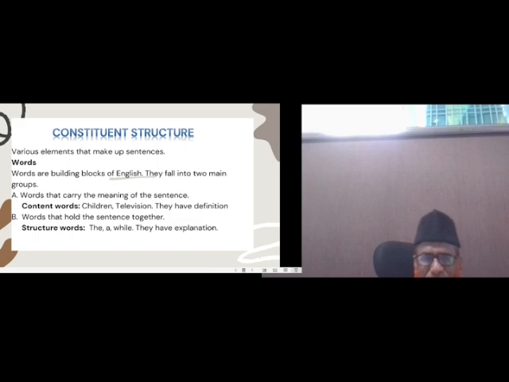They fall into two main groups. Very important. You can classify them into two categories. Number one, words, please pay attention, a very important thing I am sharing with you. Words that carry the meaning of the sentence,